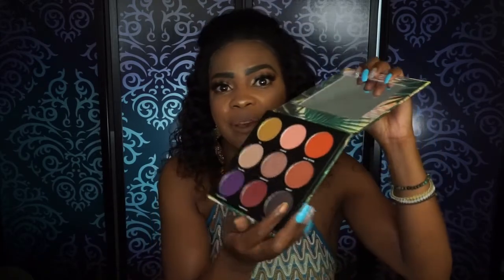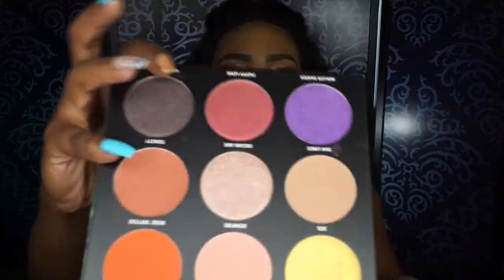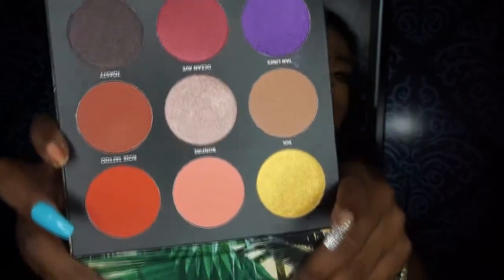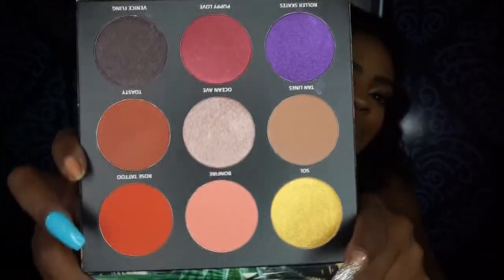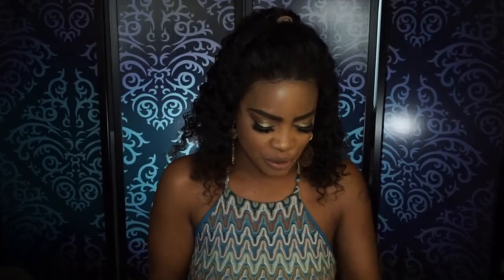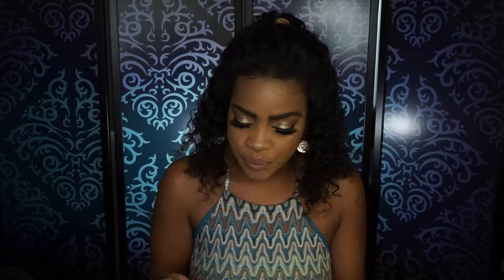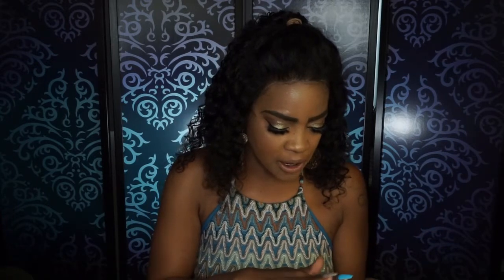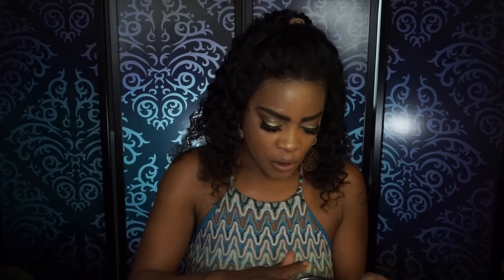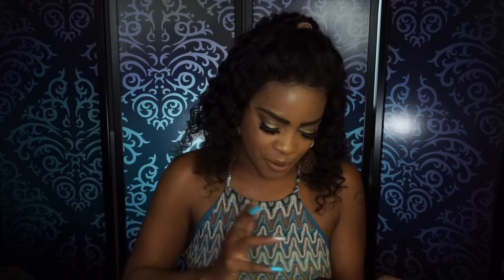Ooh, I like. Super cute. Of course, it comes with a mirror, but I don't want to blind y'all. So here are the colors. So pretty. I really, really do like this. So I want to do some swatching. So we'll do this Yellow Soul, Bonfire, Rose Tattoo, and you know I got to do the purple, which is